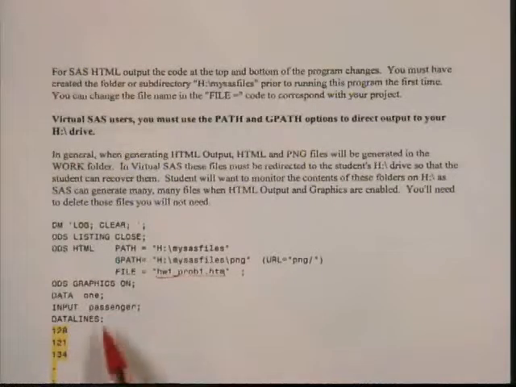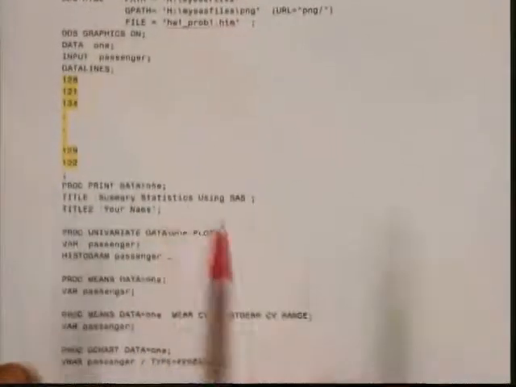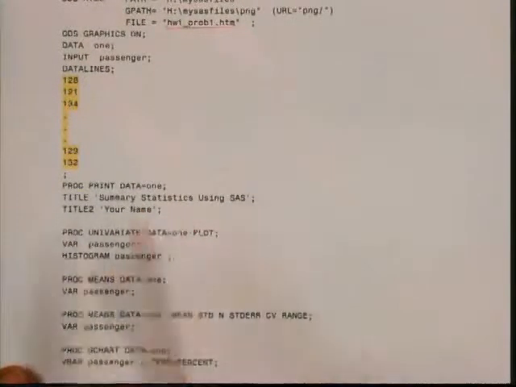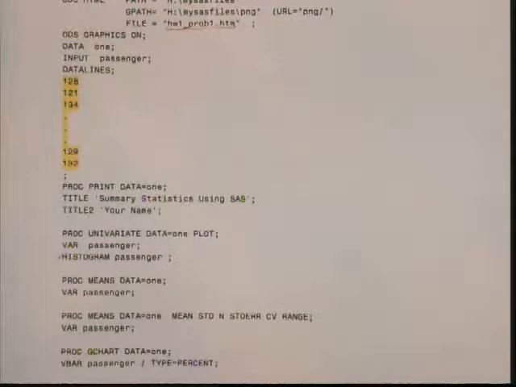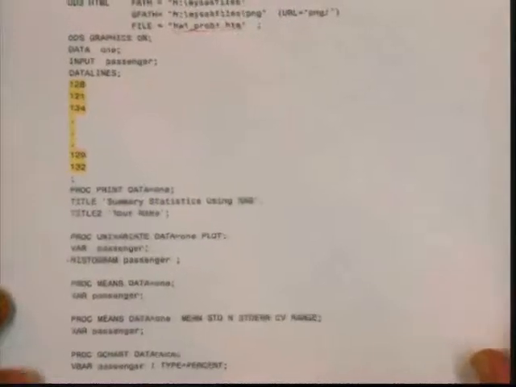So the very first part here, the data step with input passenger data lines, is just as it was before. So is the proc print. What's different about the procedures here is histogram. This is an HTML statement only. You can put it, but it won't do anything in your listing output. So it'll run, but it just won't generate anything over there. It's going to generate a histogram as part of the univariate output. So going back then to the SAS output,